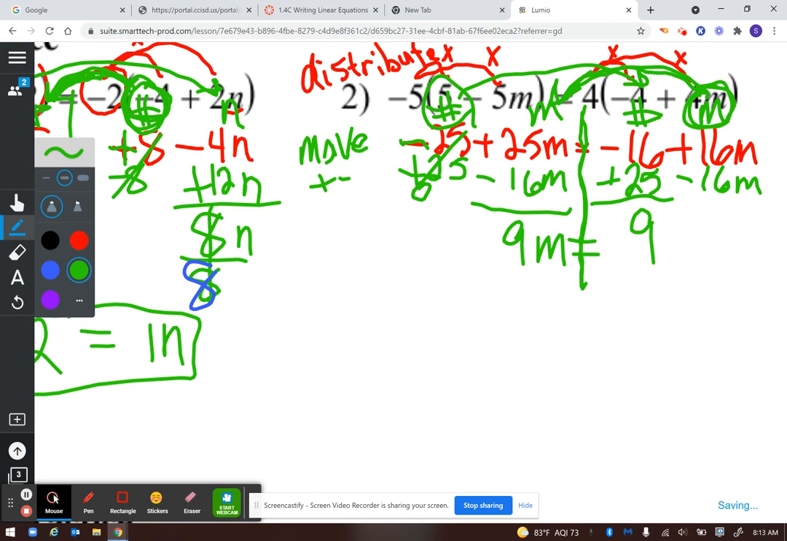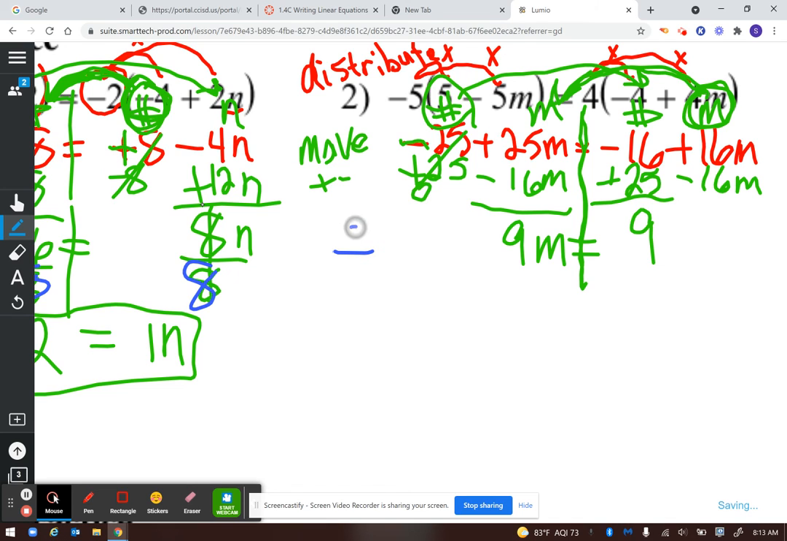And then the last step is going to be divide. So the last step is to divide. And when you divide, use a fraction bar, and then you divide by the number that's with the letter, because you want 9 divided by 9. You want the value of one single m is equal to, divide by 9, 1m